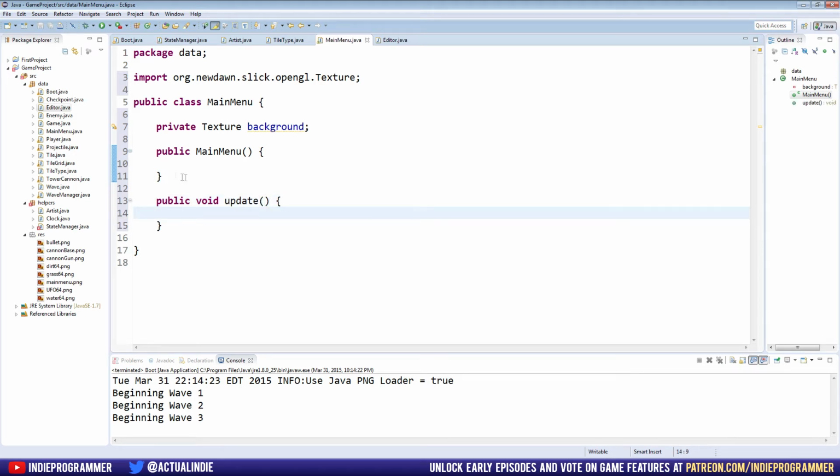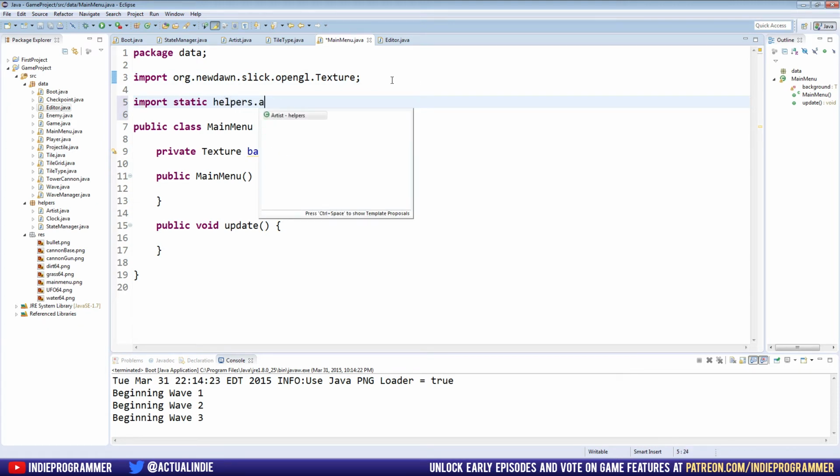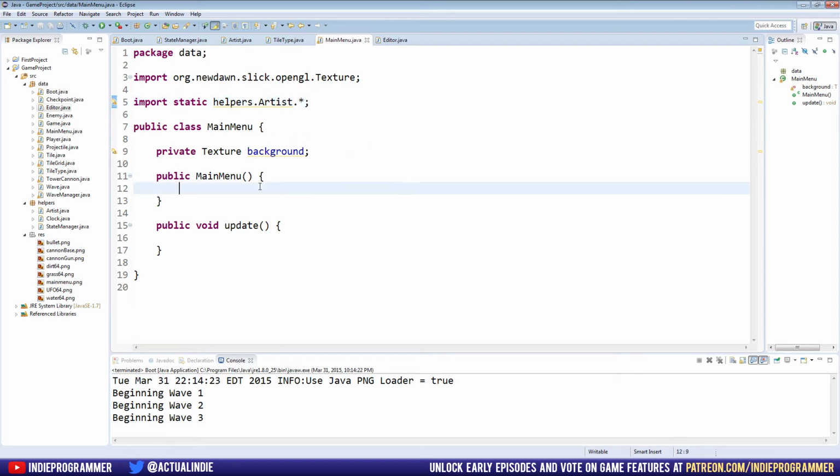And the main menu is going to need access to our artist. So at the top, we're going to import static helpers artist, put an asterisk at the end so we can get everything. And in the constructor here, we are going to set our background texture equal to quick load main